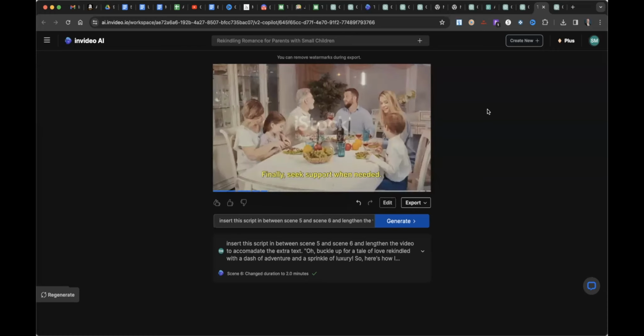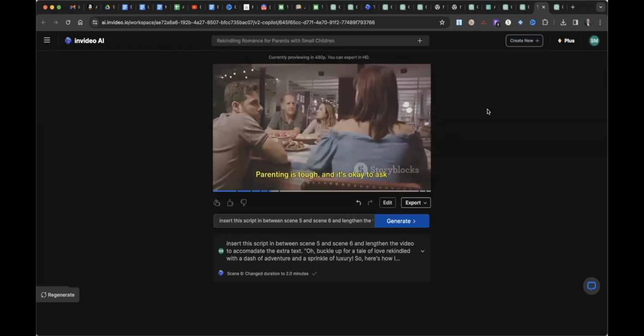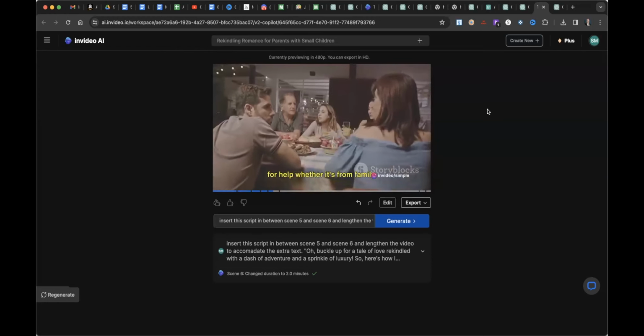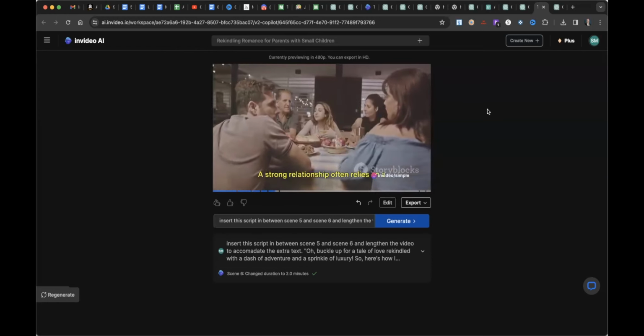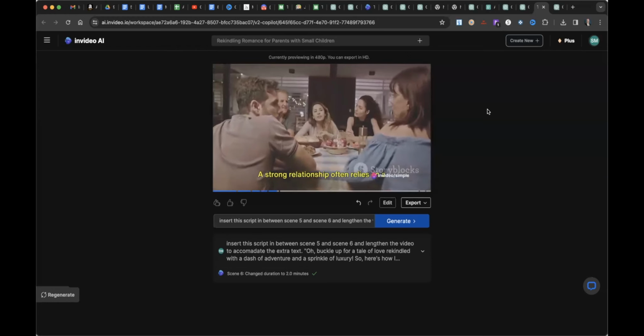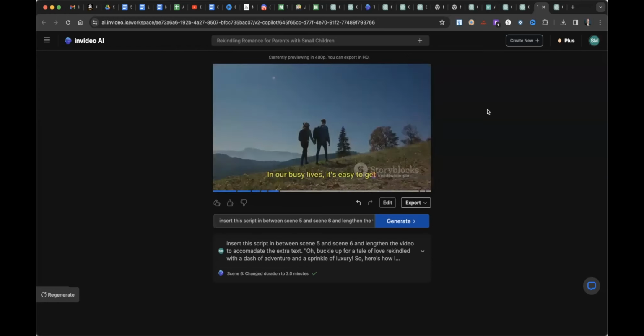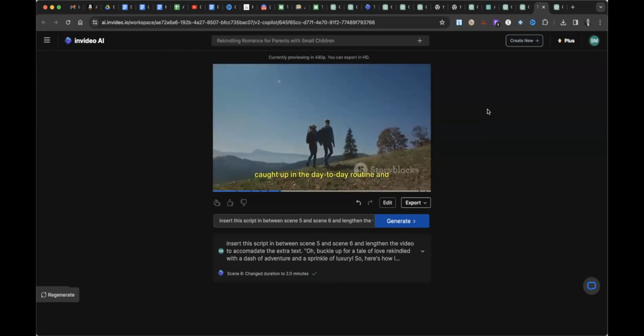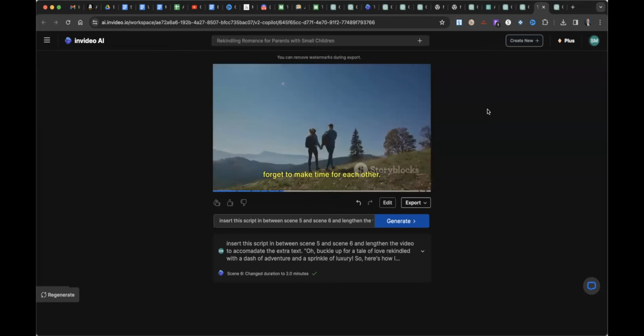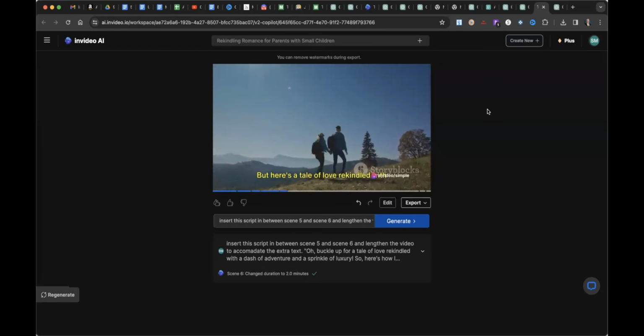Finally, seek support when needed. Parenting is tough, and it's okay to ask for help, whether it's from family, friends, or professionals. A strong relationship often relies on a strong support network. In our busy lives, it's easy to get caught up in the day-to-day routine and forget to make time for each other. But here's a tale of love rekindled with a dash of adventure and a sprinkle of luxury that